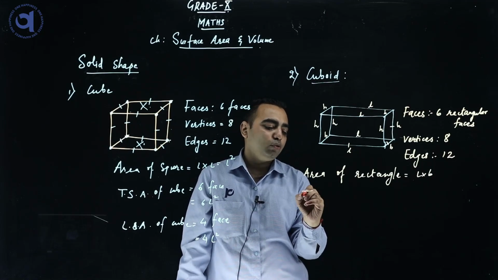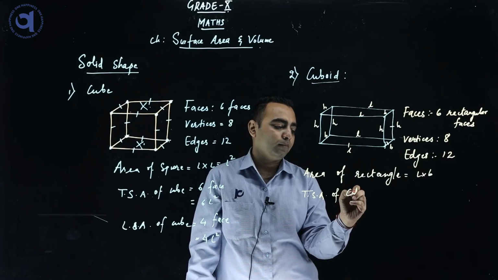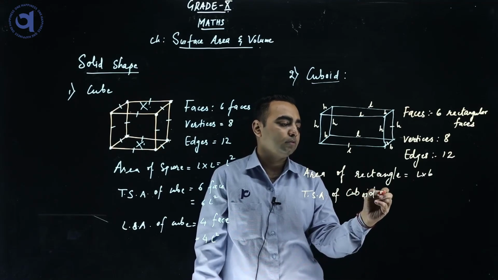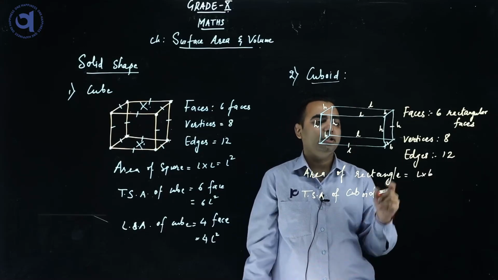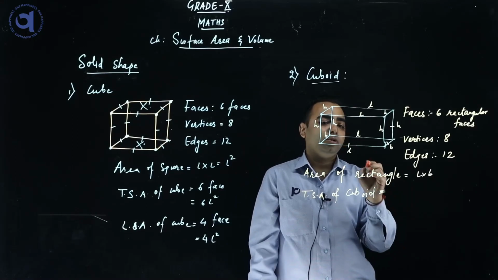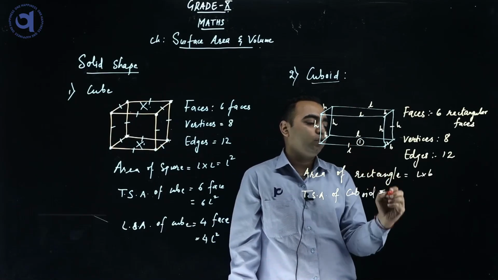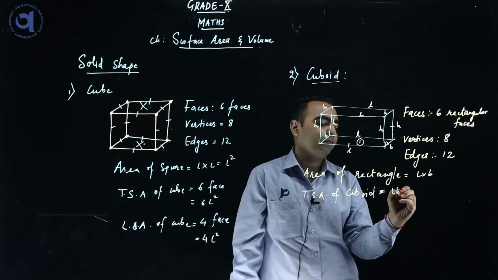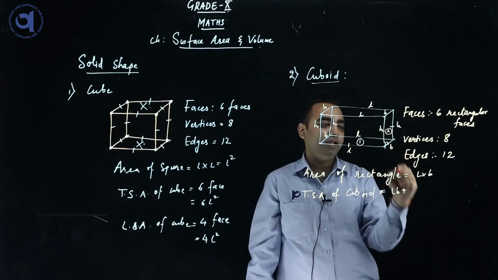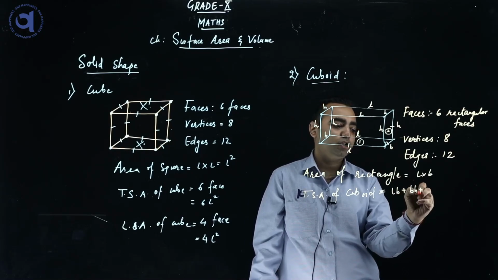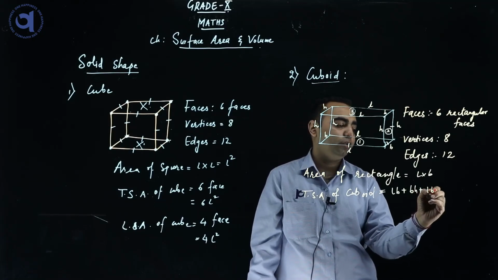Now if we are finding total surface area of cuboid, what can be the formula? Again total 6 faces are there. So what about the first one? Say for example this will be my first portion, so I'll take L into B, that is LB. Same way this will be my second portion, so this will be B into H, that is BH. This will be my third portion, so it will again be L into B.